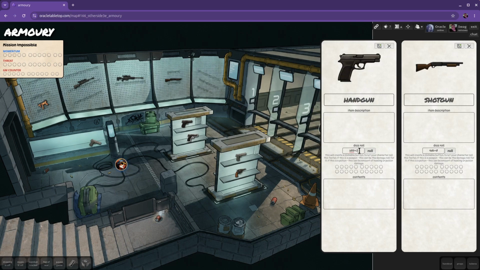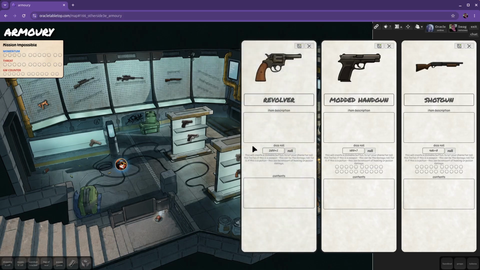Now you can change this because, you know, this can be like a modded handgun, and it gives more output, right? You change this, and Oracle will not change that anymore. It only happens at the moment when you make the switch from prop into pickable item, right? So we have the revolver. This moment when I click the button, now it changed, and Oracle just saw that, hey,